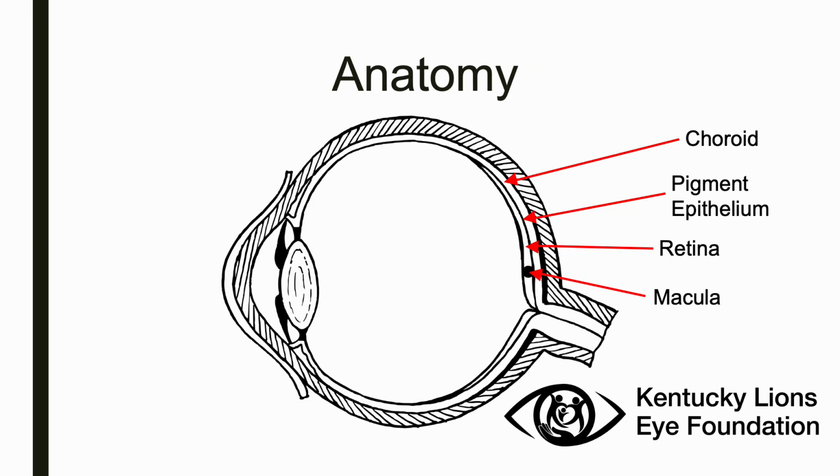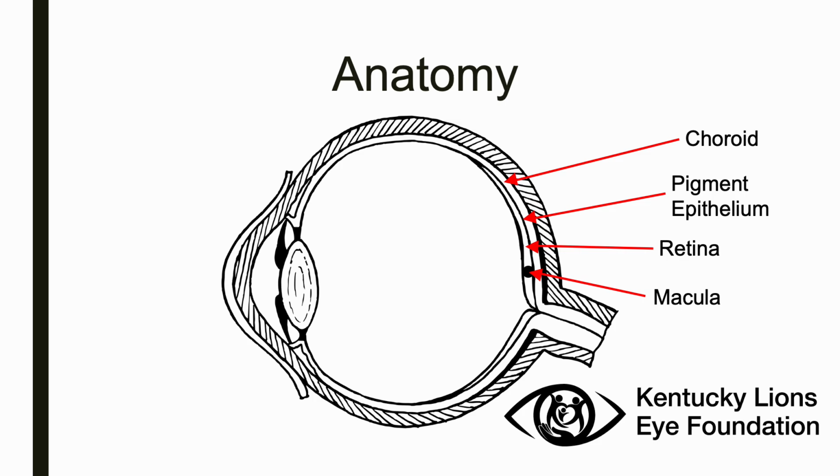The following section will go over the anatomy of AMD. The choroid layer is made up of blood vessels that support the retina. The retina is the light-sensitive layer of the eye that helps convert light into images. Between those is the pigment epithelium. This provides a barrier to photoreceptors in the choroid that transports nutrients, light absorption, and acts as a barrier between